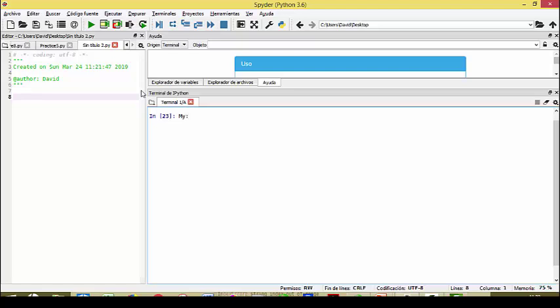My name is gonna be, well, my name, David. And then I want the first letter of my name. First letter is gonna be my variable, my name, and square brackets, and I put 0, close square brackets, and I